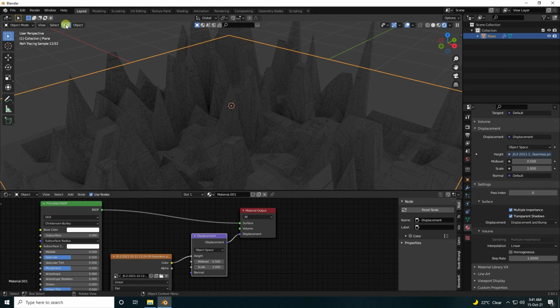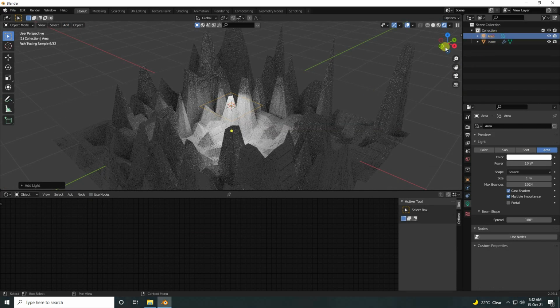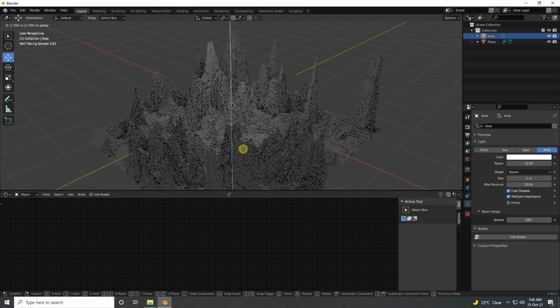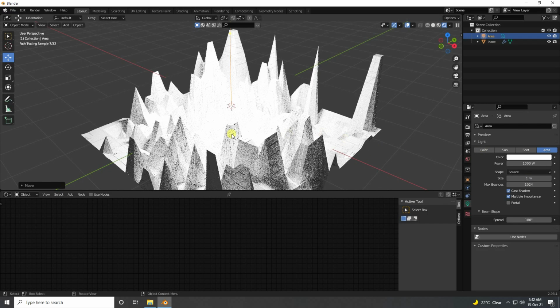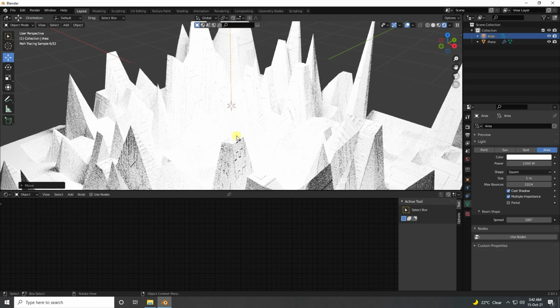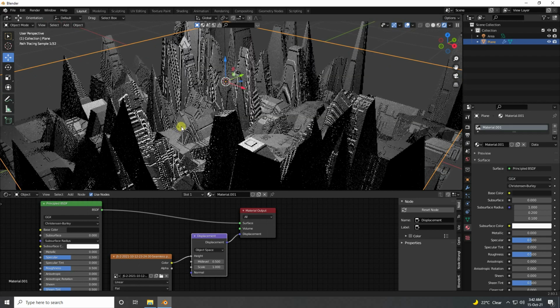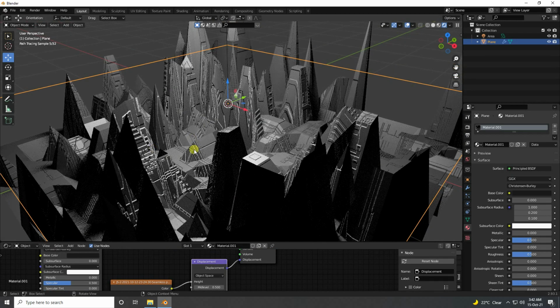See, okay, so now guys, I use area light. So select your area light and move it up like this, and increase light power randomly, 1000 is good. Okay, so guys, I change also the base color, this one, that's my base color. I like dark gray color. See, but guys, that's not correct, it's not looking so good.